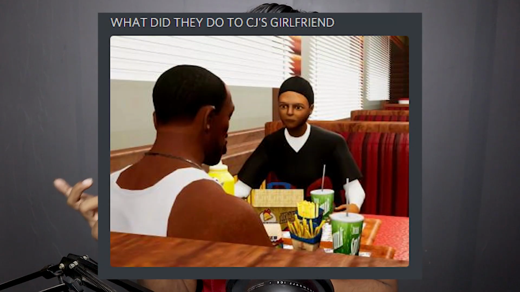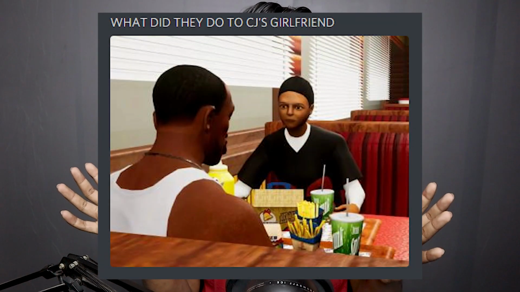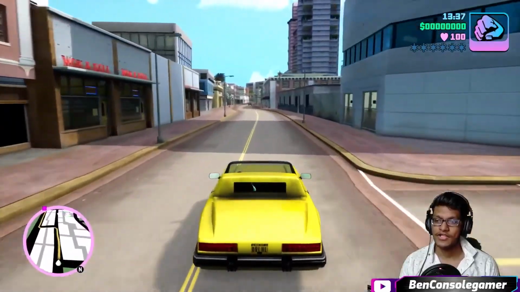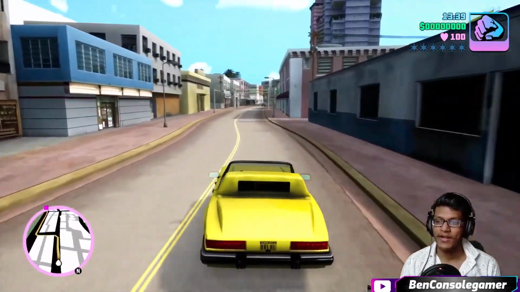But the thing is, there are serious inconsistencies. Some character models, like Denise, CJ's girlfriend, are totally changed, and it doesn't look good. There are a lot of inconsistencies like this, which I think is a result of the AI upscaling. Also, an amazing change and improvement to the game is the fact that you can place a waypoint on the